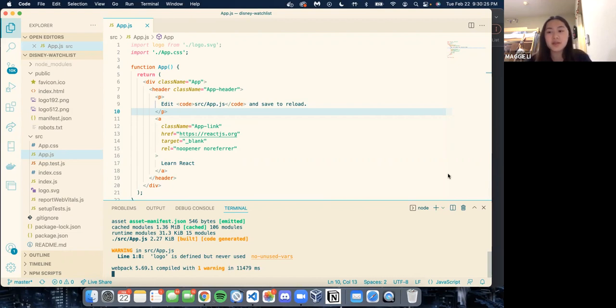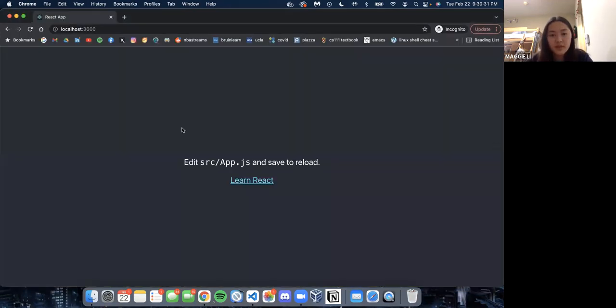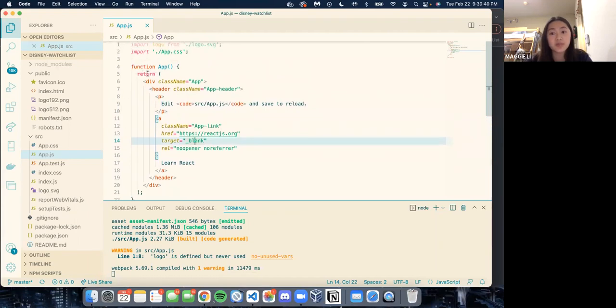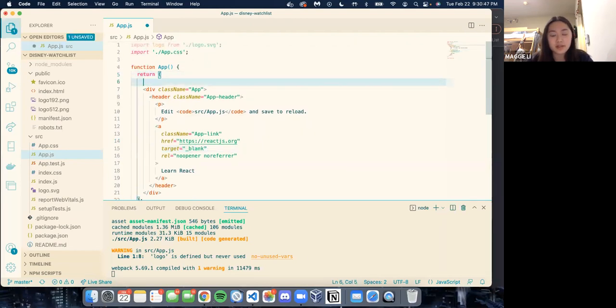But now that we've rerun it, let's see what happened after we took out that image in our code right here. So as you can see, the image is gone. So this is just to emphasize to you that everything in this app.js file is what is being rendered on the web page. So if you want to have a header that says,